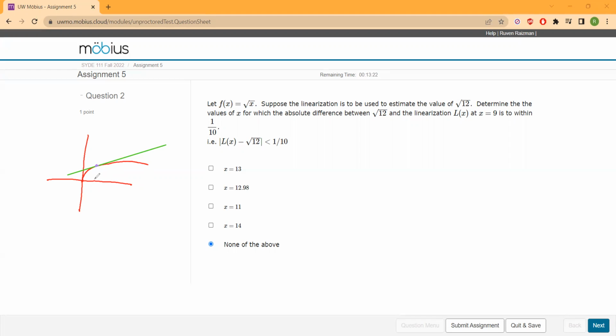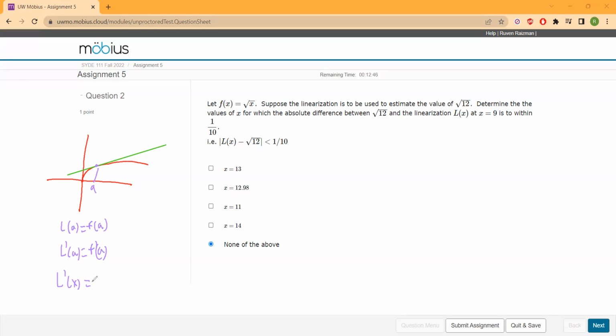So again, let's call this point A. At point A, we know that L at A, which is the linearization, so a point on this line, should equal F at A, and then the slope of this line, L prime at A, should equal F prime at A. So then if we actually build the equation of this line, L of x, it's going to have